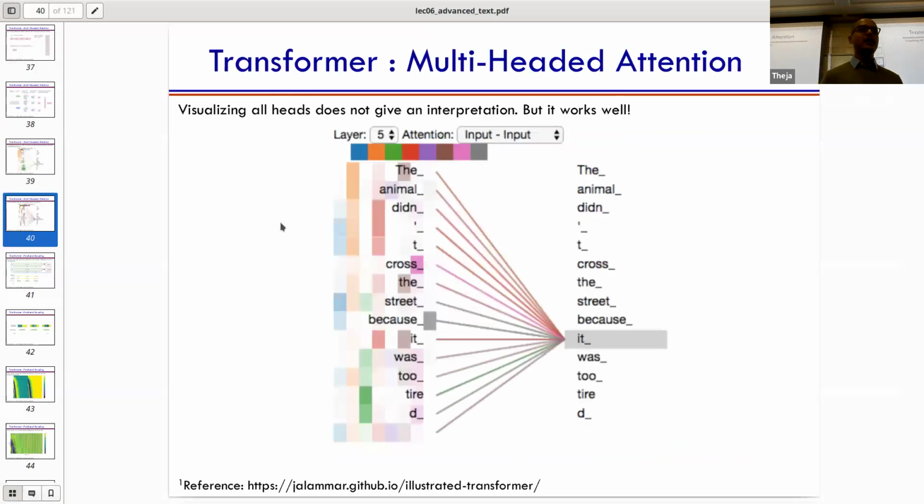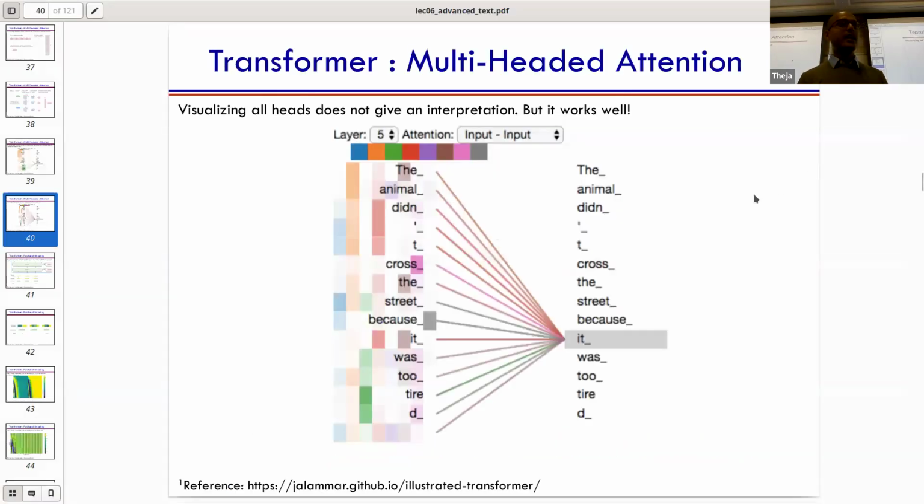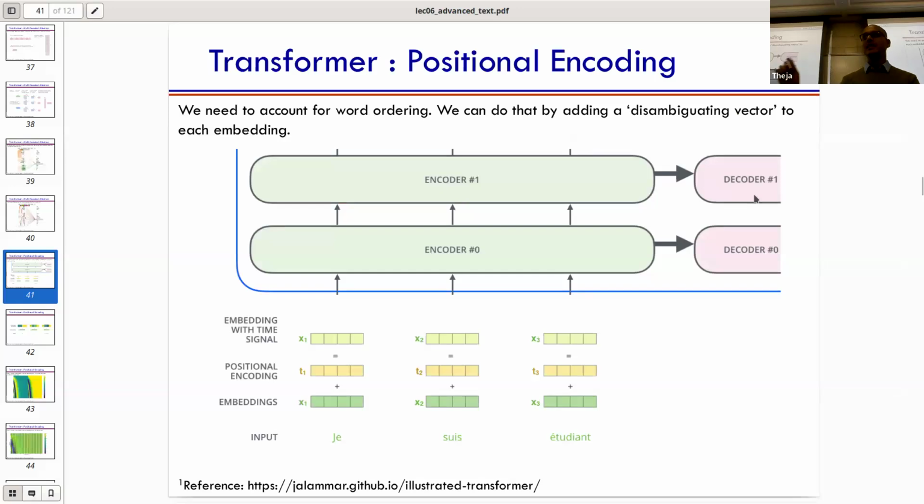But before that, as I said, in the paper, we only looked at this orange block so far. We want to fill up the rest of the things, which are actually pretty straightforward. Self-attention was the new thing. Everything else we have seen before. So the first idea, which we've not seen before, but which gives you a sense of why it might be needed, is the idea of positional encoding.